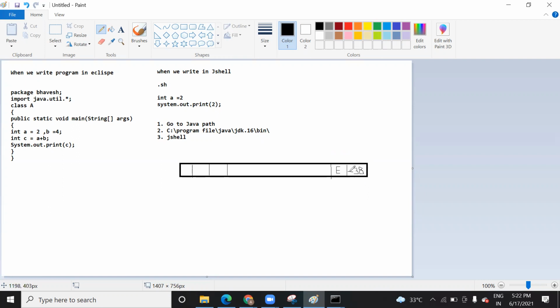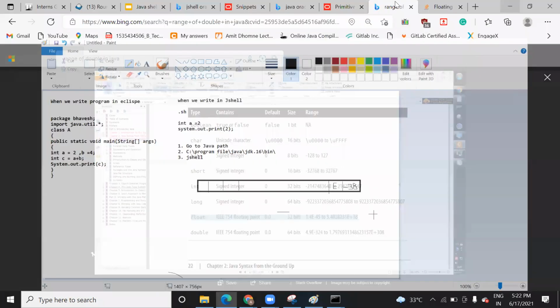Similarly for positive values, if you are working with integer data, then we don't need to add a positive sign. But for float and double, the ranges start from negative to positive, that's why we add minus, and at the end we add plus also. Okay, are you getting it? Okay, so this is the complete representation, like how we work on that.